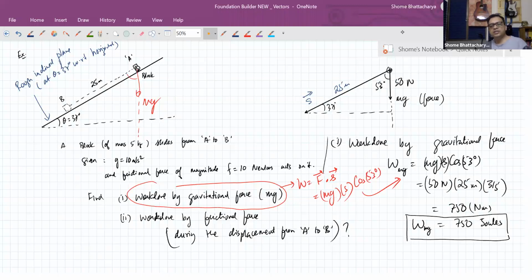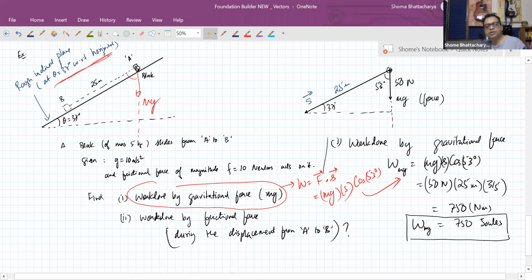So you took it wrong, no? Theta is 37 is not correct, no? Theta is the angle between the force and the displacement, no? So that angle is not 37. The force is vertically downwards. The displacement is along the inclined plane. So where is the angle between them? The angle between them is 53 degrees. This theta is not the angle between the force and displacement. This theta is the angle the inclined plane is making with the horizontal, it's clearly mentioned in the question. So when did the question say that the angle between force and displacement is theta?